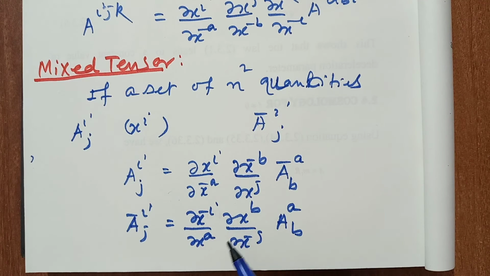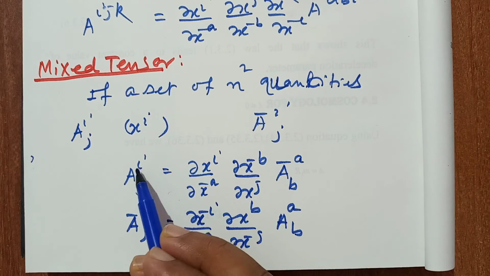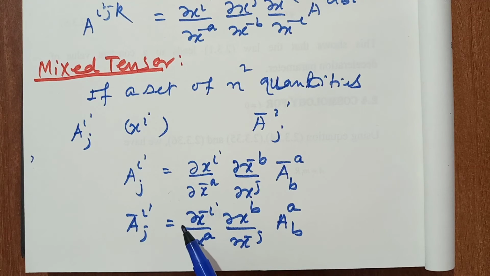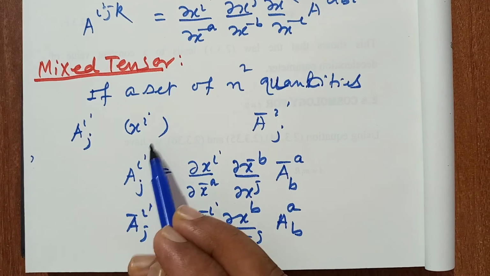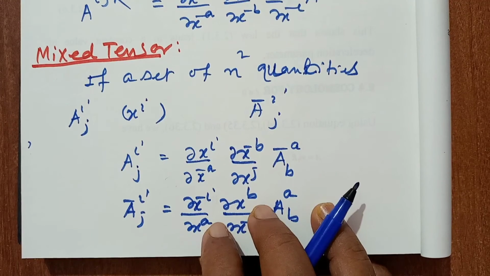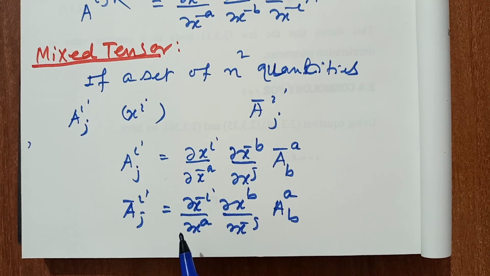If you want to explain order 3, you can put more than one index in the upper position, or more than one index in the lower position. As you want to explain, you can put the indices in either the upper position or the lower position. Okay, so this is a mixed tensor, and this is a very important result: the Kronecker delta is a mixed tensor of rank 2.